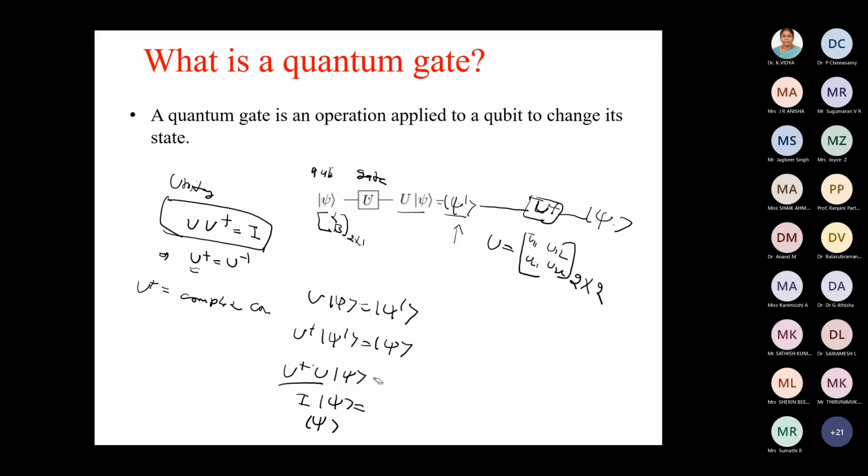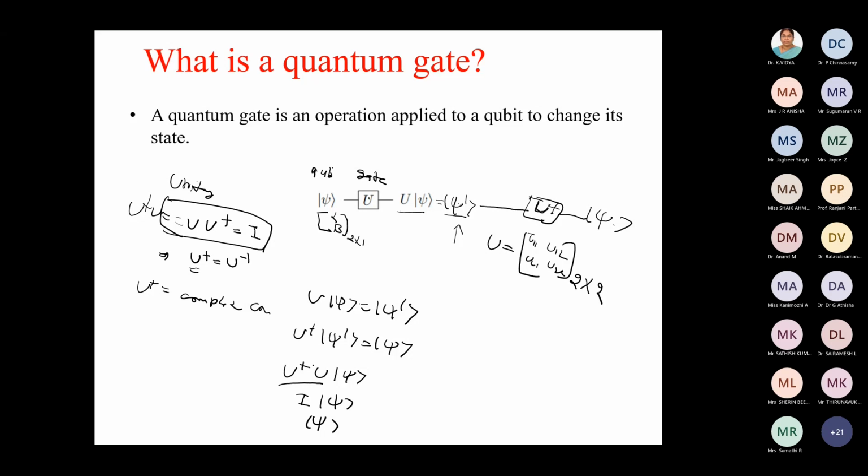So it's a very important concept to understand here that these quantum gates are reversible, because this comes from the quantum mechanical phenomenon that quantum operations are reversible. To make them reversible, these quantum gates we can write as a matrix, here a 2 cross 2 matrix. So if I talk in terms of matrices, then every matrix should follow this kind of property: U dagger U is equal to identity. So in that case, U dagger is nothing but U inverse.